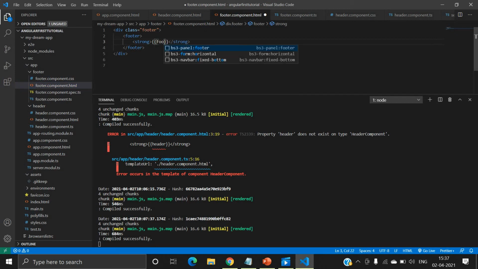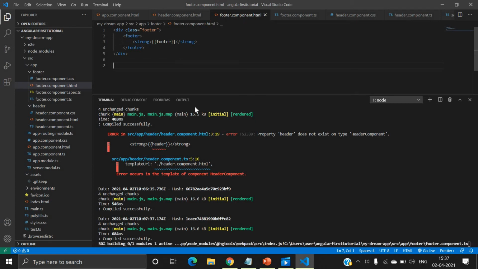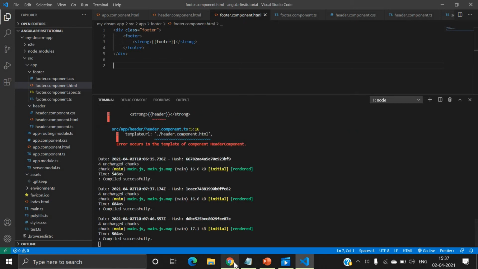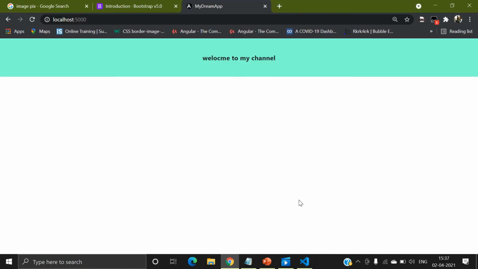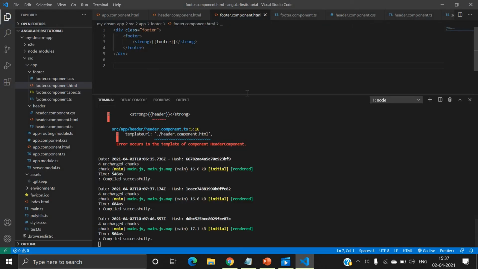Footer component.html and write footer properties. Now here you can see there is no output of footer, because I have not used the custom tag of footer.